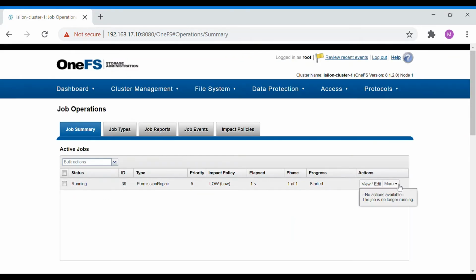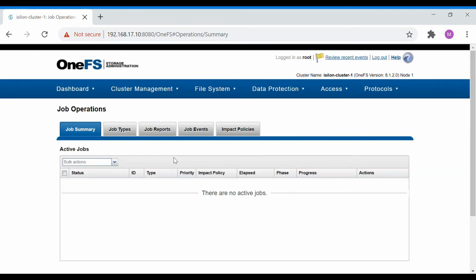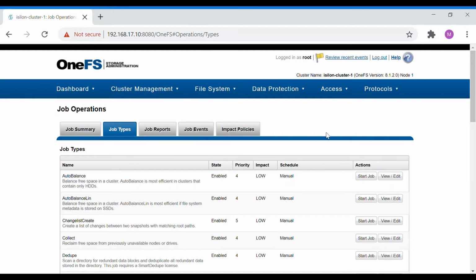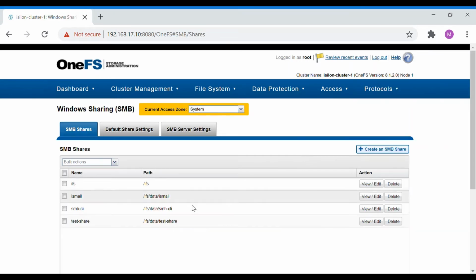I think this job is completed. The actions are that you can pause the job or stop the job, or do anything in between. So now let's check the directory permissions.